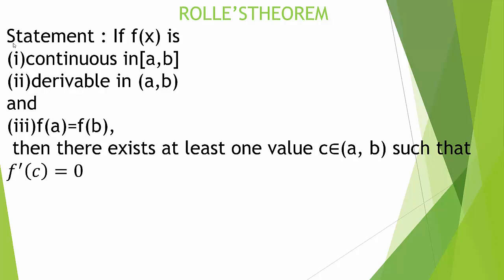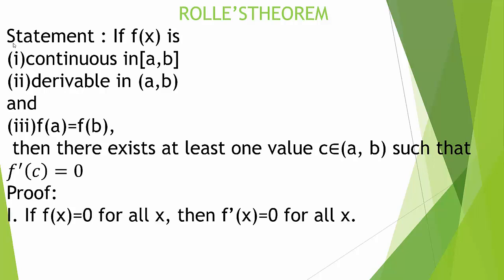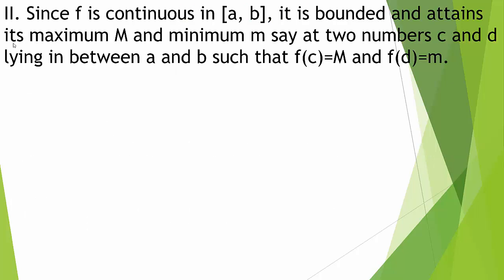Then there exists at least one value c in the open interval (a, b) such that f'(c) = 0. We shall prove this theorem. First, if f(x) = 0 for all x, then f'(x) is also 0 for all x, and hence f'(c) = 0, and hence the theorem is satisfied. Second, if f is continuous in the closed interval [a, b], it is bounded and attains its